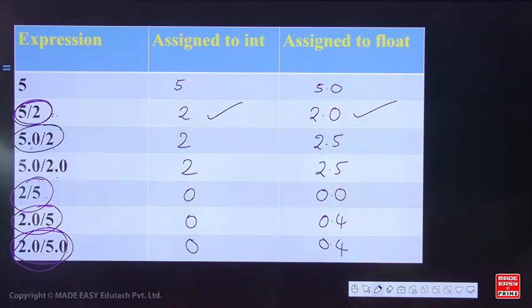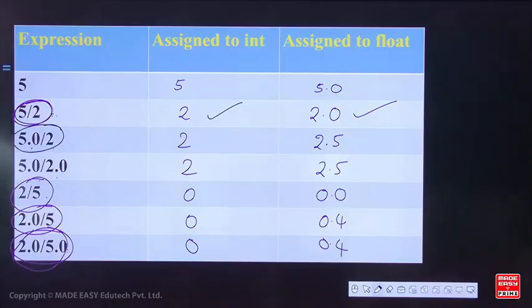What is this Anu is saying? Why not 2.5 or float? Where is 2.5? See, Anu, you cannot apply your own logic. This is the C language compiler we are doing, right? Sir, 5 divided by 2 is not coming 2.5 in float and 0.5 in